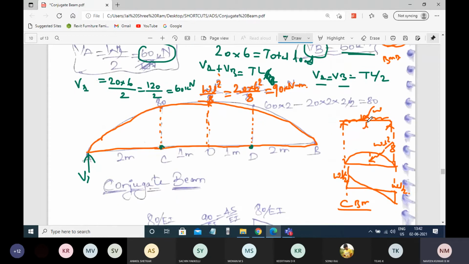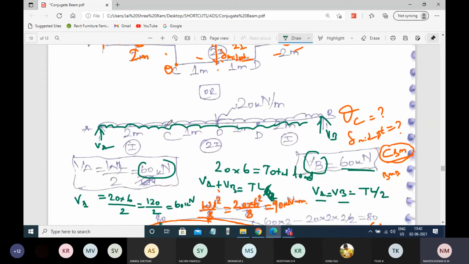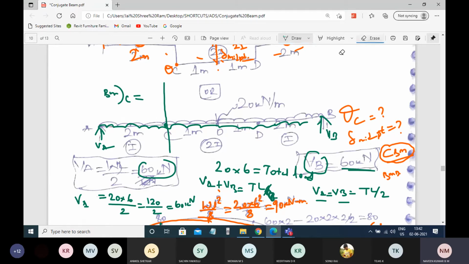Once you have the reactions, you can easily find the moment at C. So how to find the moment at C? Now we are finding the bending moment at C. In order to find it, you consider the loads acting from the left-hand side up to C. So VA is acting, a vertical load, and the perpendicular distance to reach C is